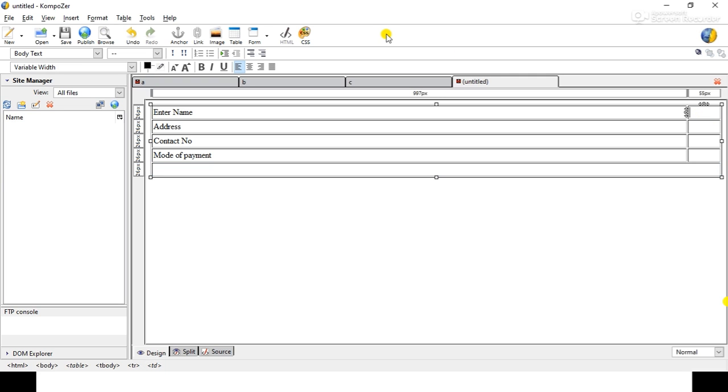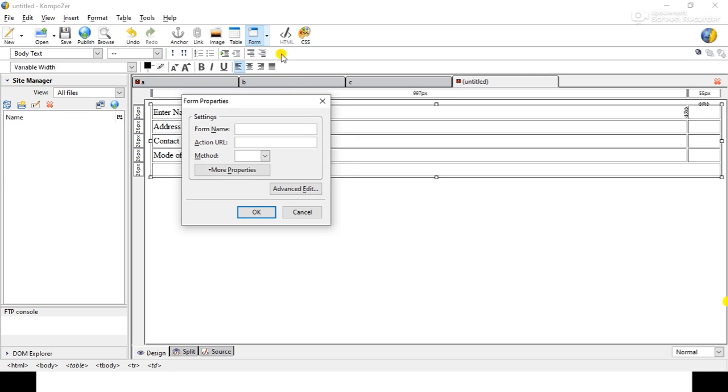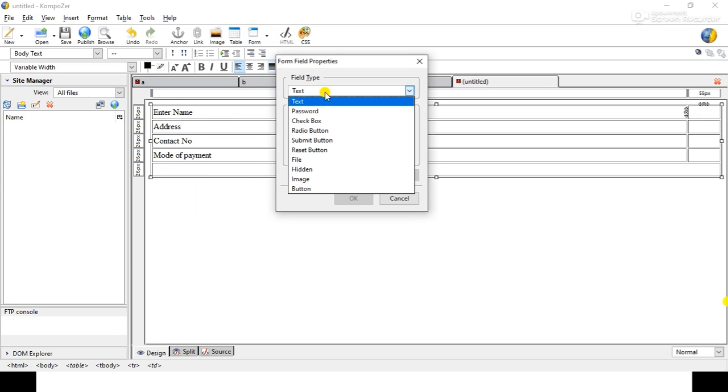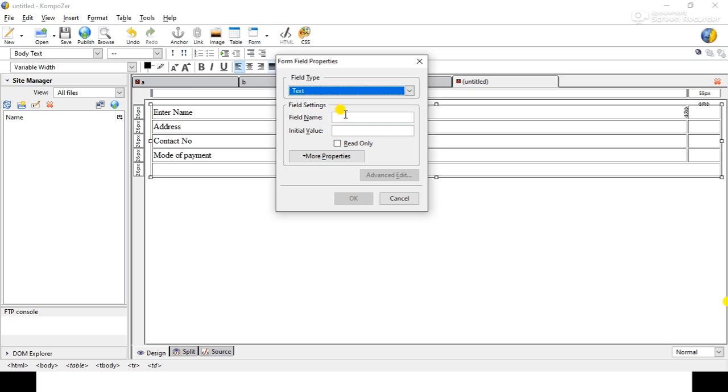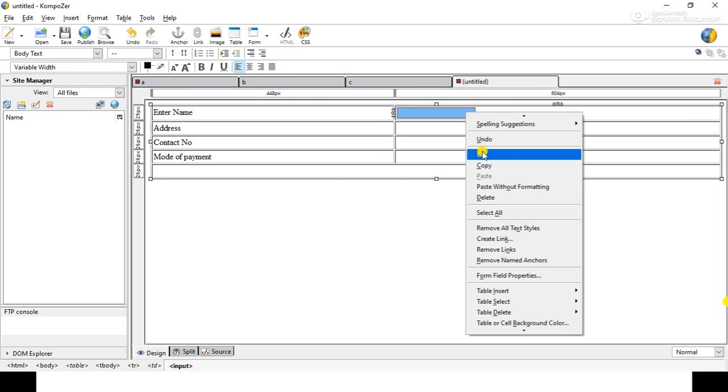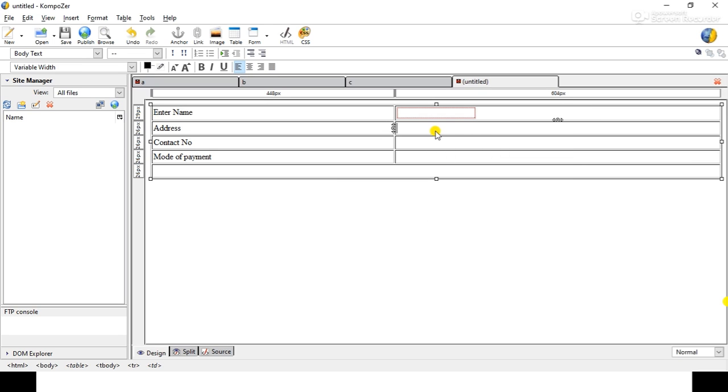Now one by one we will insert the form field properties. So click on this arrow, select this form field, text box. For this we will use text, and simply we will give the field name as A and OK. Now simply we will copy this text box to the next ones for the contact number. As for the address, we will use a text area.